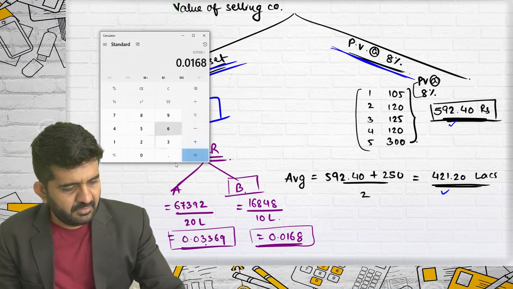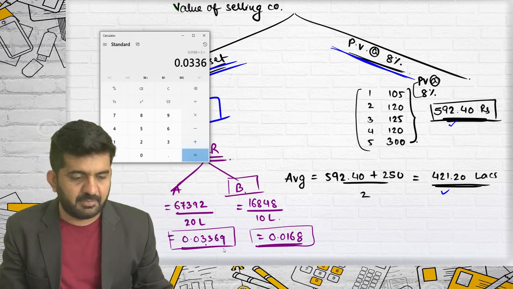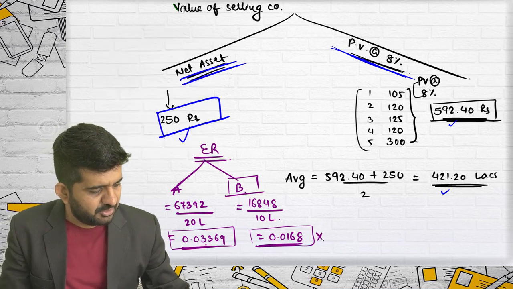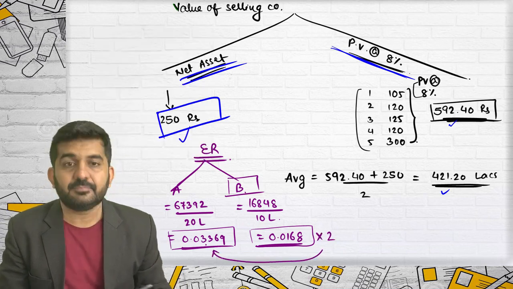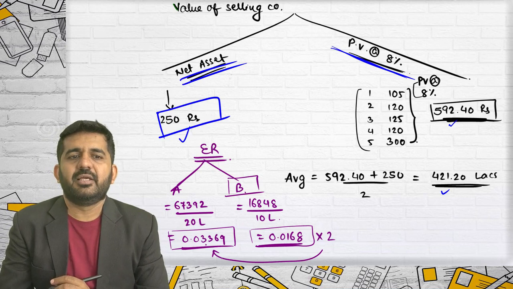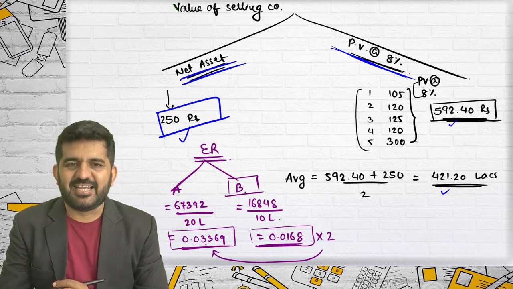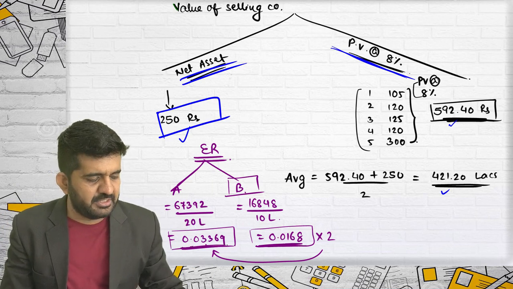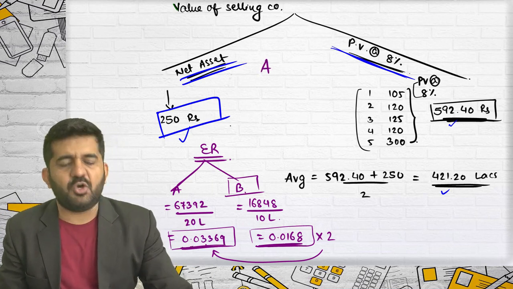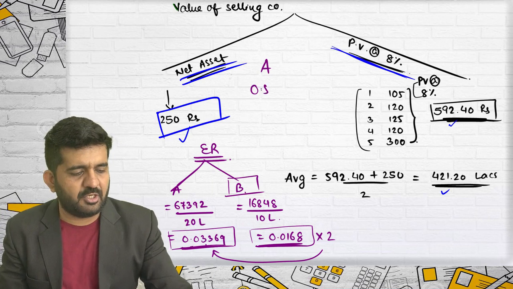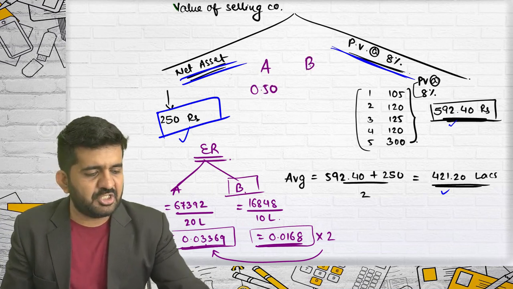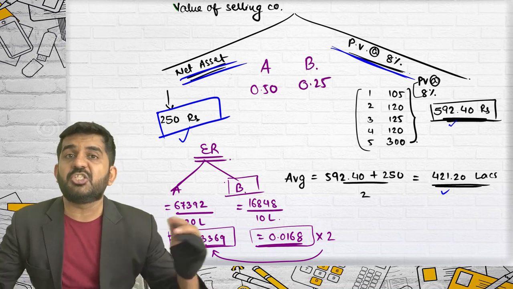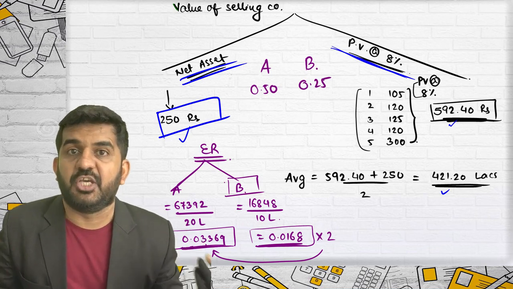0.0168 multiplied by 2 will be nothing but this, 0.03369. Can anyone explain this? This multiplied by 2 is this. It will always be that because its paid up share capital is half. Exactly. So try to concentrate broadly. These are weird numbers, but if the exchange ratio of A category of shareholders comes to 0.5, then the exchange ratio of B category will come to 0.25. Both shareholders will have a different exchange ratio.